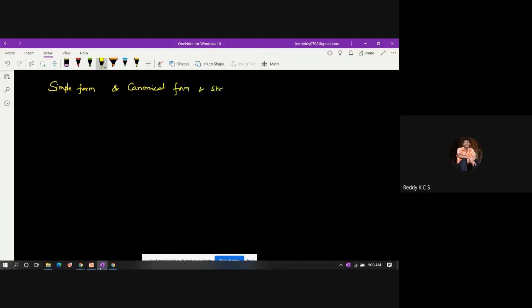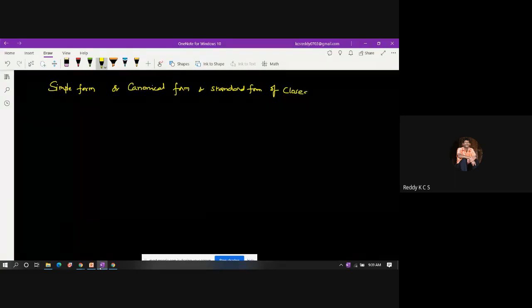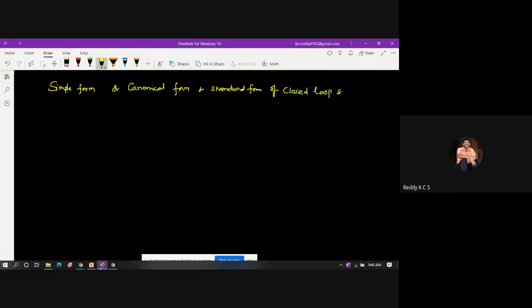There are so many names for the simple form, or standard form, of a closed loop control system. When it is called a simple form, canonical form, or standard form of a closed loop system, in the sense, if you have a block diagram, say for example, a block diagram in which